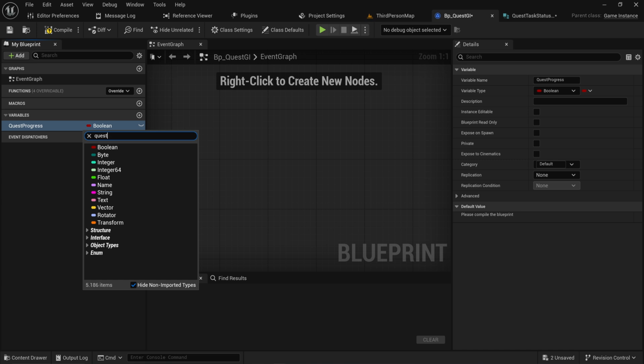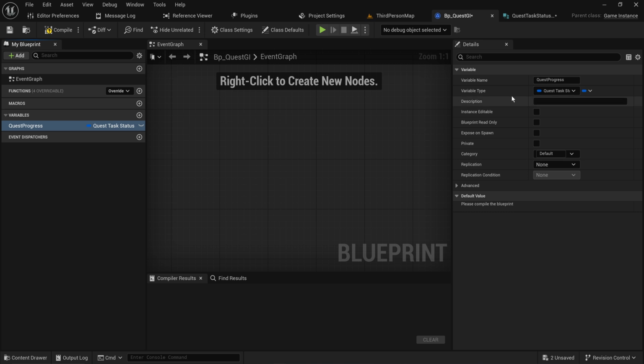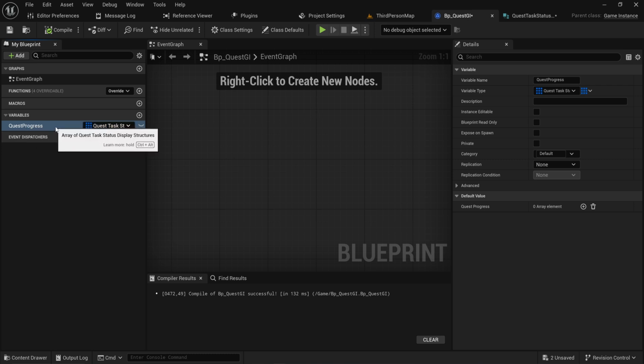And this is going to be of type quest task status display, and we're going to make that into an array. So now, whenever we create a new quest, we're going to be adding it to this, and whenever we create a new task in that quest, we're going to find the quest that it belongs to and add it to the array